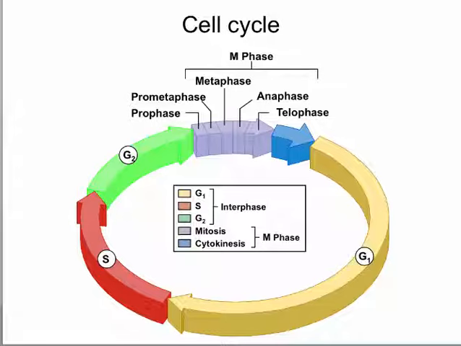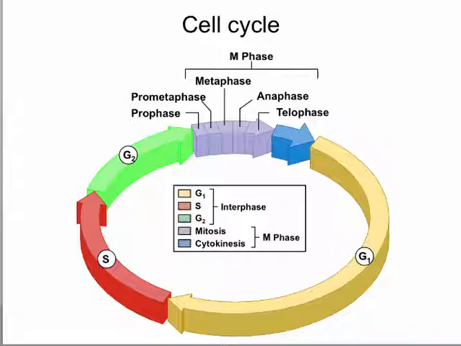After you make a copy of the DNA, the next step is to get ready to actually divide. And then what you need to do is grow so that you have enough cytoplasm to divide in between the two cells. And you also need to have enough organelles to divide between the two cells. You need to have enough mitochondria, you need to have an endoplasmic reticulum large enough that you can split it in two, a Golgi apparatus that you can again split into two. All those things you need to have enough so that you can split into two cells. And that's what happens in the G2 phase. So the cell is growing and is making enough organelles so that they can separate them between the two cells.